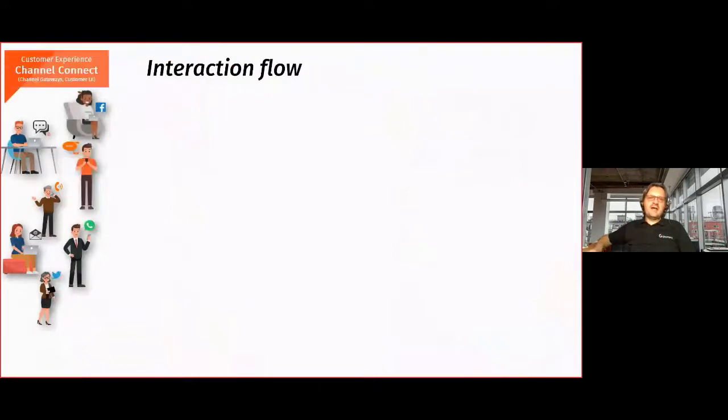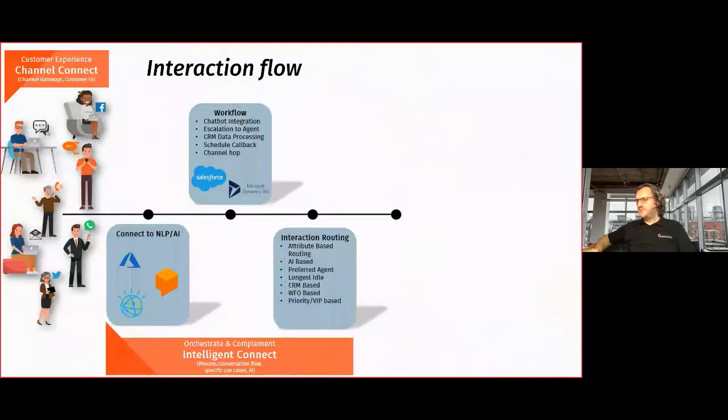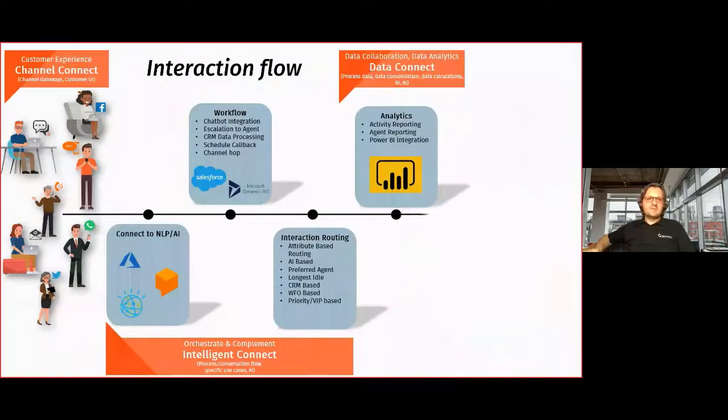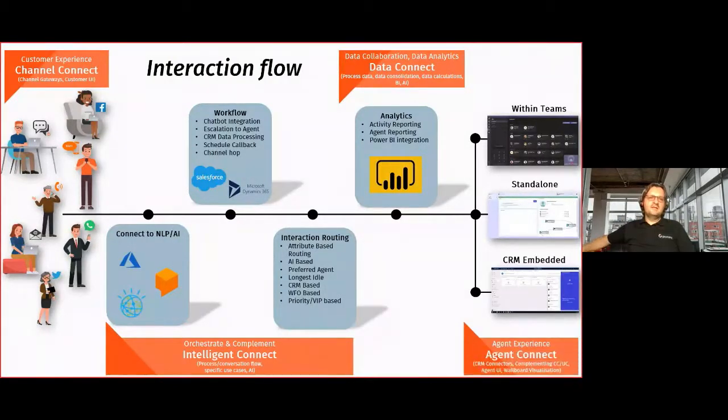And if we quickly look at how that looks from a Teams contact center perspective, here you could see the Channel Connect, where we had all channels: Facebook, Viber, Twitter, direct message. Then the Intelligent Connect came with the NLP and AI-based bot. Then the workflow routed the call to the relevant bot, and then we had the intelligent routing, the attribute-based routing, finding the agent, and we had all the analytics on the Data Connect side powered by Power BI and the real-time information provided on Teams. The user interface can be within Teams, can be standalone as shown, or can be embedded into a CRM.